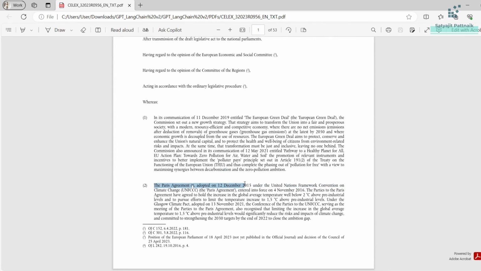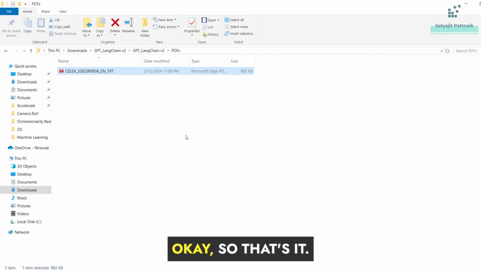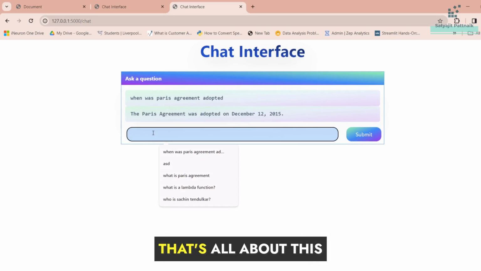okay, so that's it. That's all about this particular use case, and the entire piece of code will be available to you, but